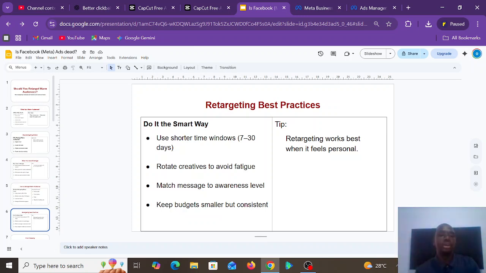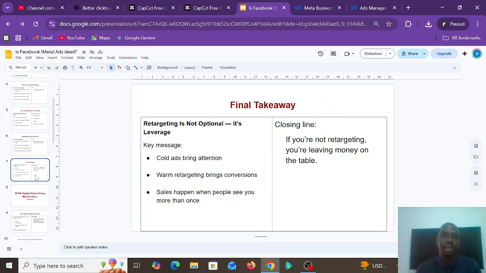Just like now, let's say that you are retargeting people that have viewed your wristwatch on your website. Your retarget message should be like, yes, I know that you checked out our website and you're interested in this wristwatch, but you have not bought. So you should talk to them as though you are in their phone, so that they'll be surprised: how did this person know? And that's because you are tracking your ad, right? You are seeing what people are doing with your ad, and then your ad should feel personal with your messaging. By that, you're going to get people to buy more from you.